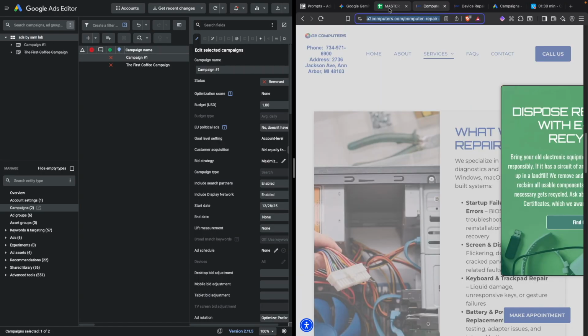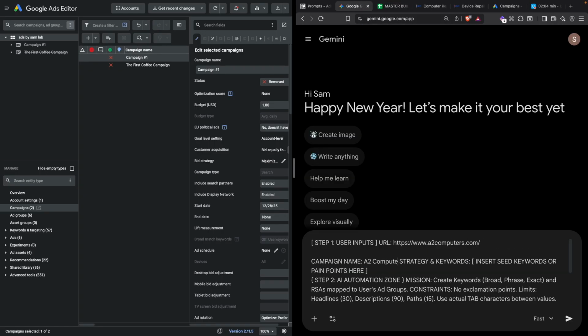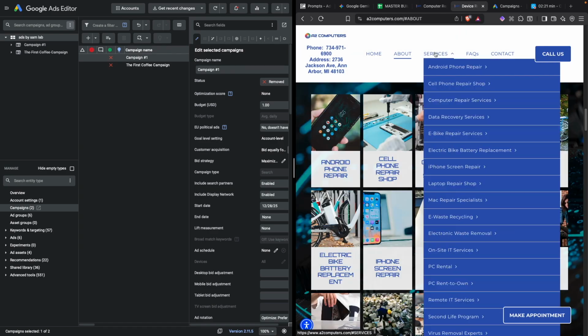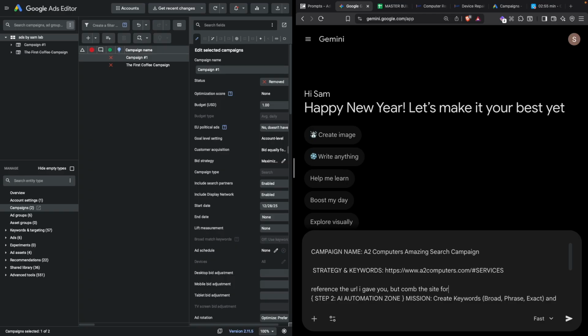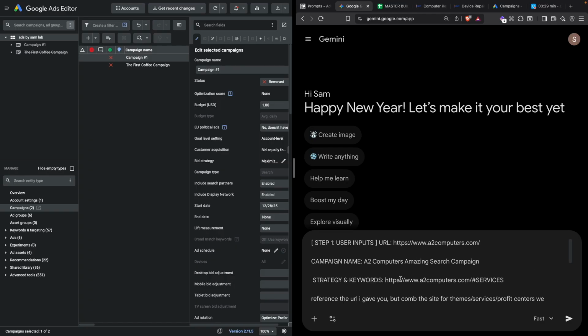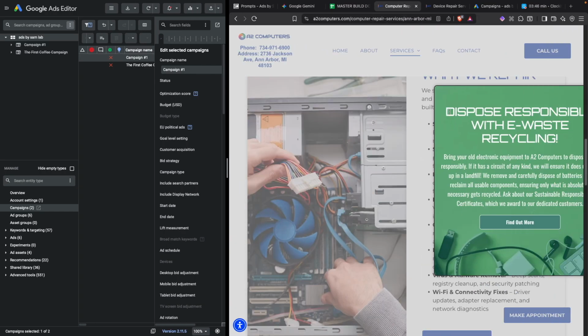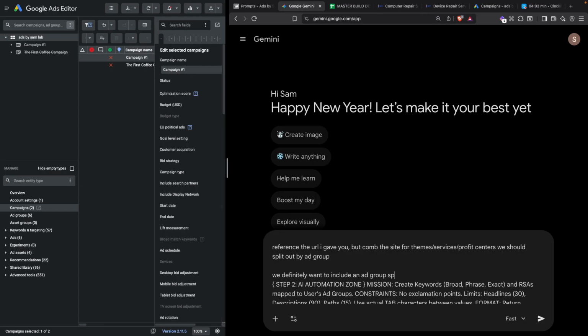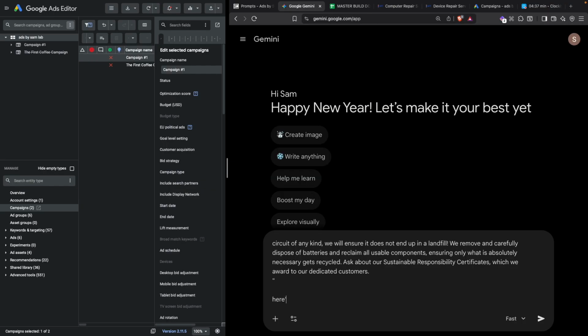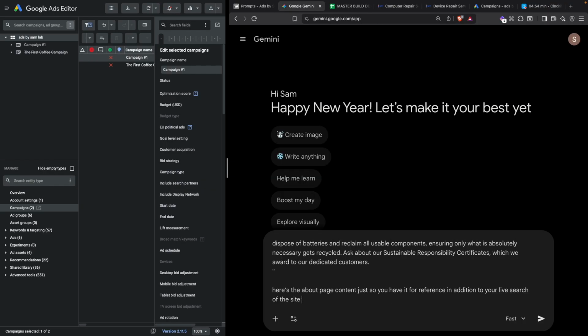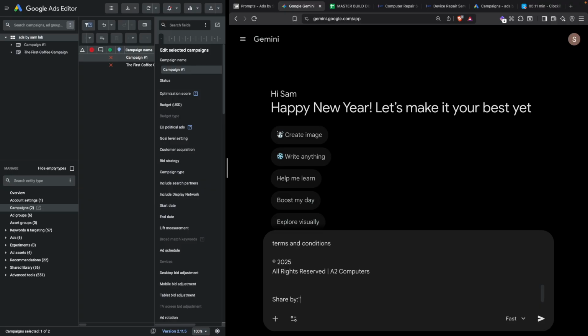All of which I used in order to build what will end up being a search campaign with multiple ad groups, RSA ads within those ad groups, relevant ad copy, keywords, geo targets. I even have a number of extensions in there as well. This was all built in roughly 30 to 40 minutes. I could do it faster, but it was kind of like a how-to breakdown, so it was still under 40